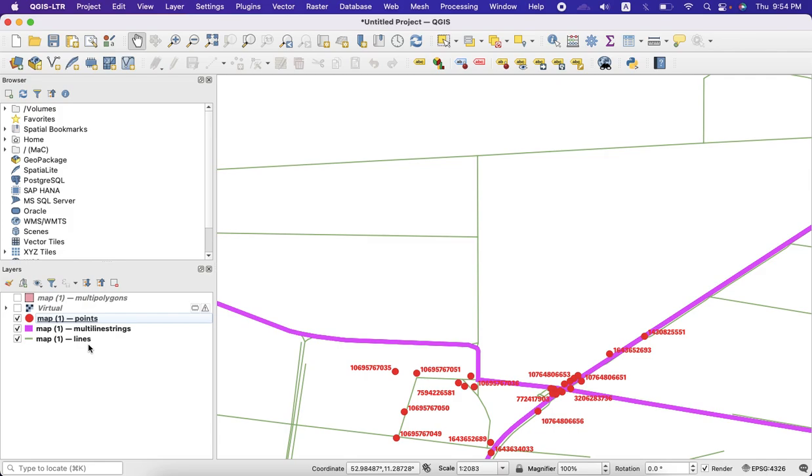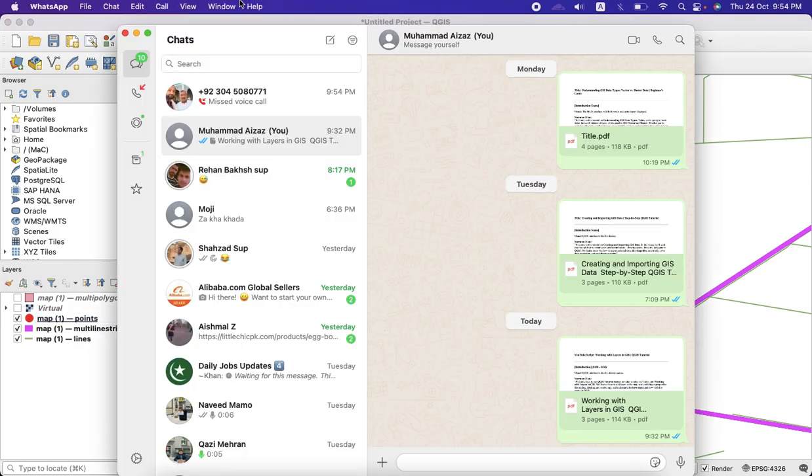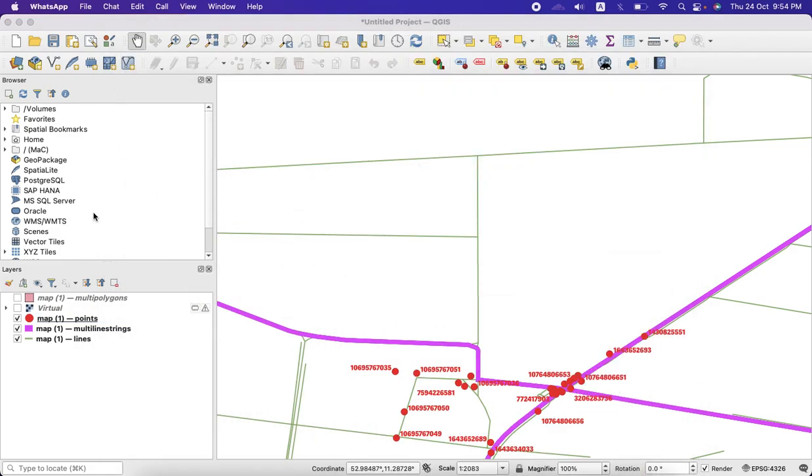So that's it guys for today's video on working with layers in GIS. We covered how to add layers to your map, customize their properties like styling, labeling, and manage the layer stack and visibility. These skills are essential when building